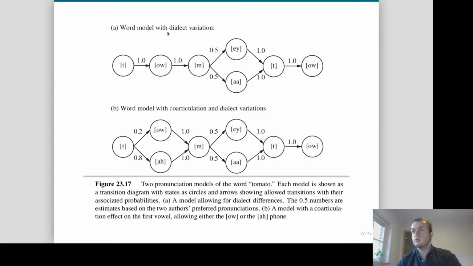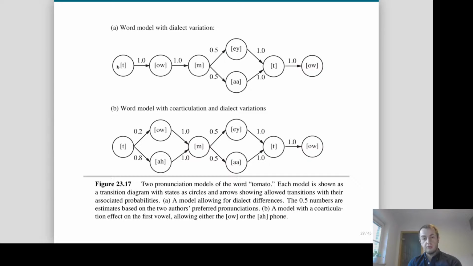But if you want to build a robust speech to text system, then you want to be robust to the different ways a word could be pronounced. So you have to not only enumerate the pronunciation of each word, but the possible pronunciations of a same word. This is what you can do with so-called pronunciation models,